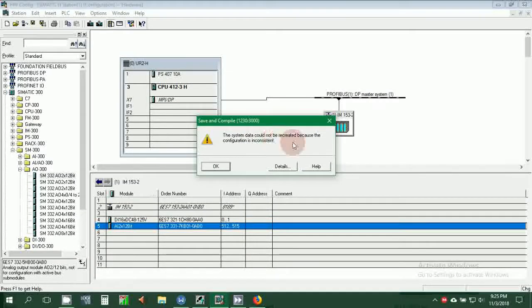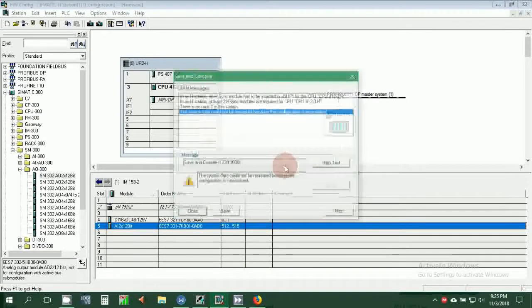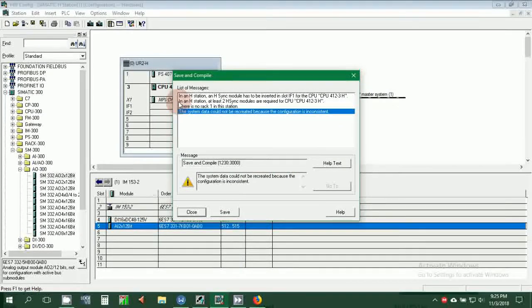The system data could not be recreated because the configuration is inconsistent. Go to the details. In each station, a sync module has to be inserted, IF1, and in each station at least two sync modules are required for the CPU. Then rack 1 is in this station. So what we need to do is add another rack station because I used